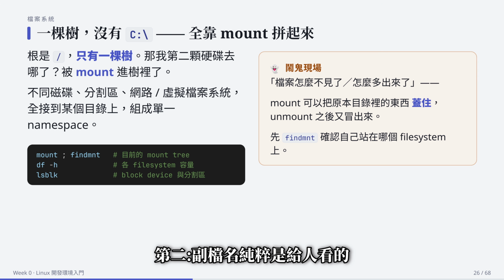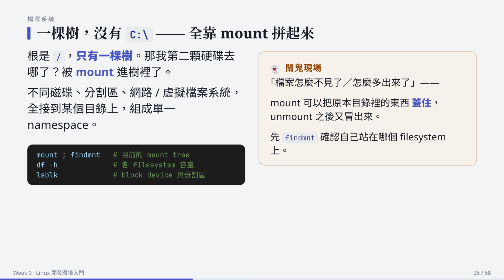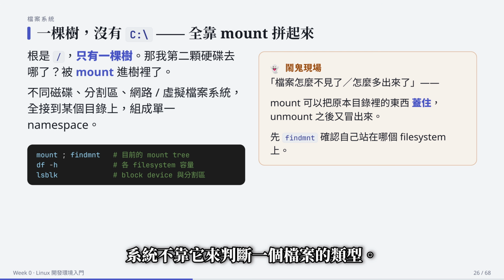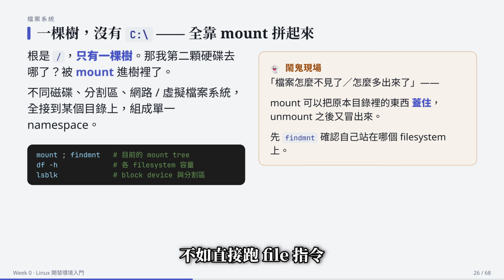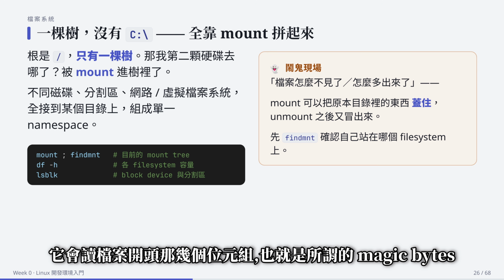Second, the file extension is purely a convention for humans. The system itself never relies on it to determine a file's type. If you get a file you don't recognize, instead of guessing from the extension, just run the file command and ask it directly. It reads the first few bytes of the file, the so-called magic bytes, and tells you exactly